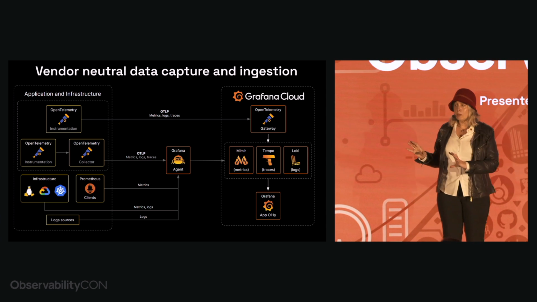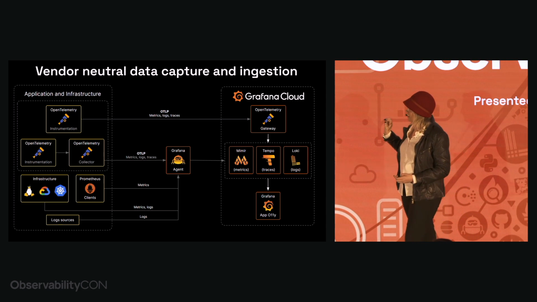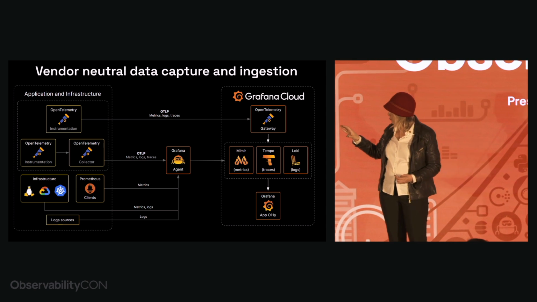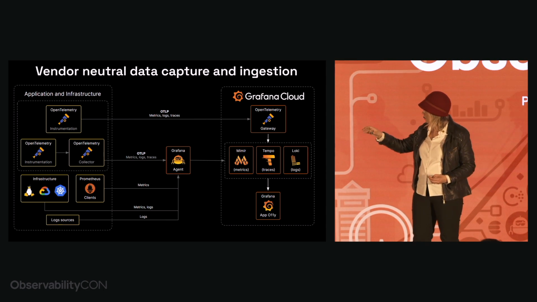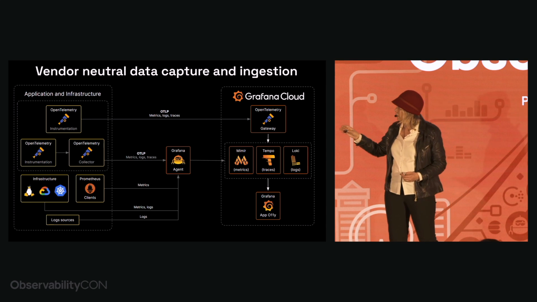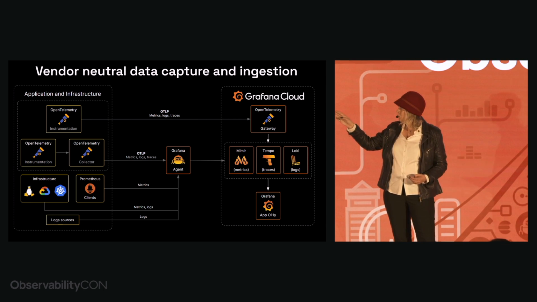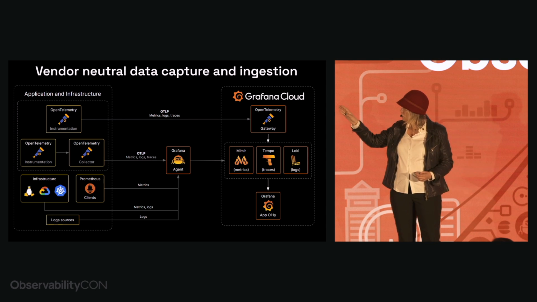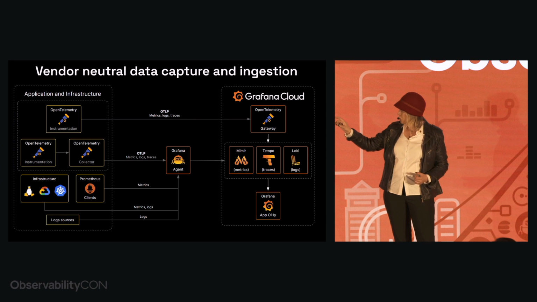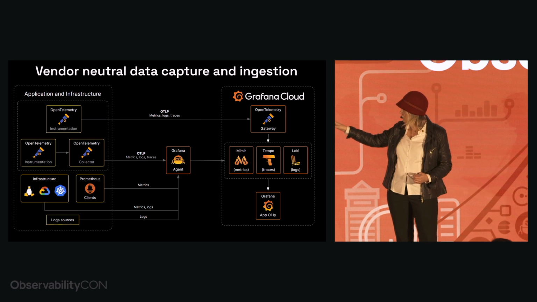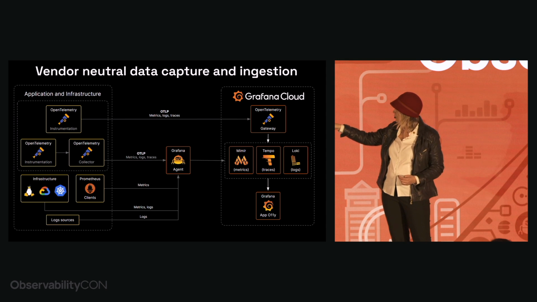So I'm going to dig in a little bit more specifically on the ingestion pipeline part of this. This is a bit more technical, the approach. So the Grafana agent you can use in order to bring the data into Mimir, Tempo, and Loki. The Grafana agent can receive data in the OTLP format either directly from your OpenTelemetry instrumentation or from the OpenTelemetry collector. You can also send Prometheus metrics to the Grafana agent. You can send logs directly from your log sources to the Grafana agent.